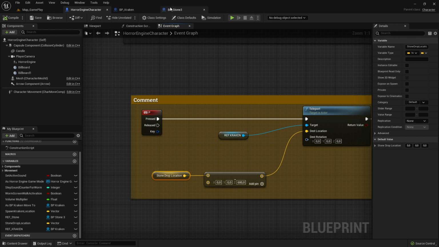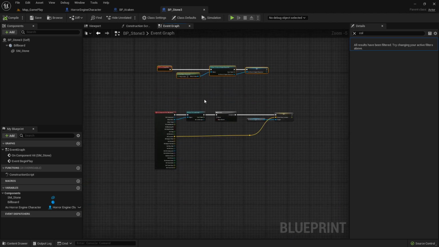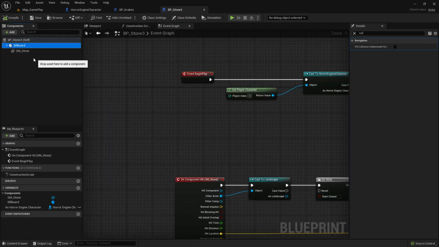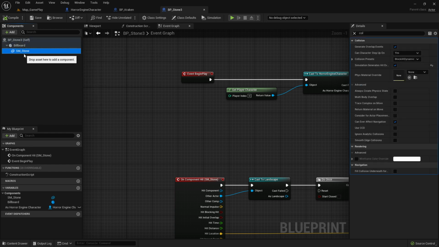That's why we go back again to stone 3, and now we have to locate this stone drop location, right? And how we do this is, first of all, we go in our stone. I created here this billboard and this SM stone. You click on the SM stone, and in SM stone, you go first to the details panel. You write here collision, and then you activate here simulate,